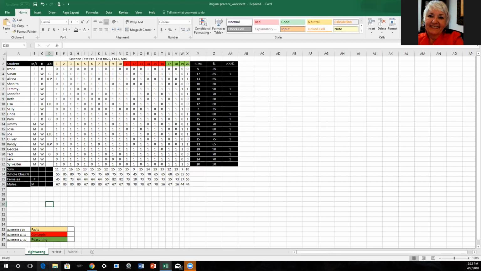So let me do that. I'm going to highlight my information here. I don't want to center the row heading, but I do want to center all other information. So I put my cursor, hold down my shift, and then click in the bottom right corner cell that I want to center. Now that it's highlighted, I just choose center, and now everything is nice and centered on the page. So